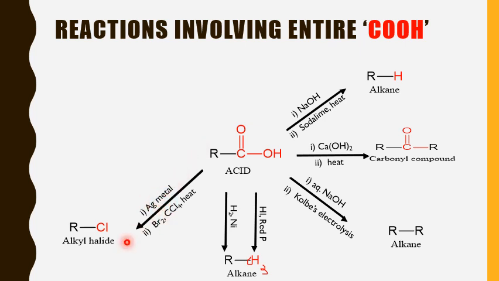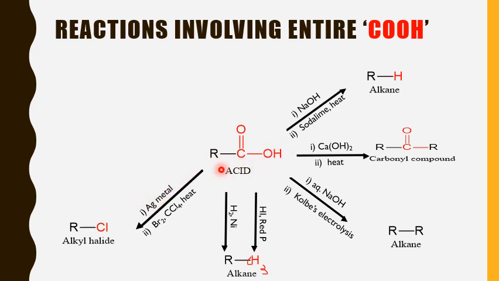the Hunsdiecker reaction. Hope you remember it. What is the Hunsdiecker reaction? Silver salts of carboxylic acid upon heating with halogen in the presence of carbon tetrachloride will give you alkyl halide. So, how are the silver salts prepared? Just by heating this carboxylic acid with silver metal. As I said, the salts can be prepared from carboxylic acid by the action of metals. We need the silver salt, so first treat the carboxylic acid with silver metal. Hence you will get RCOOAg. So that means a silver salt is obtained.